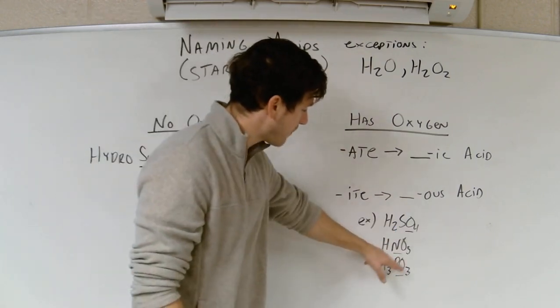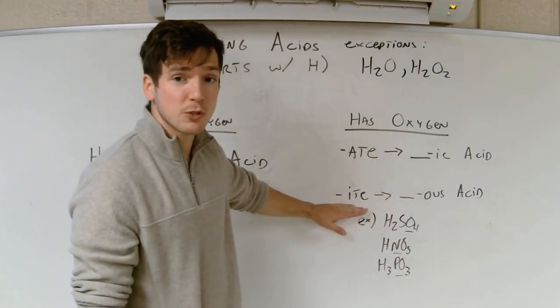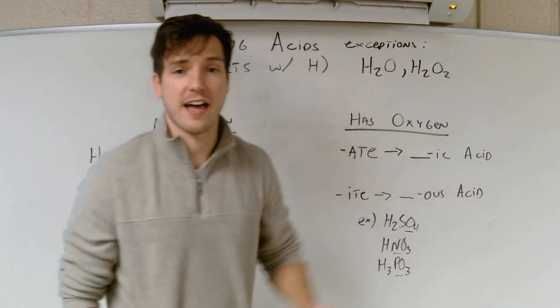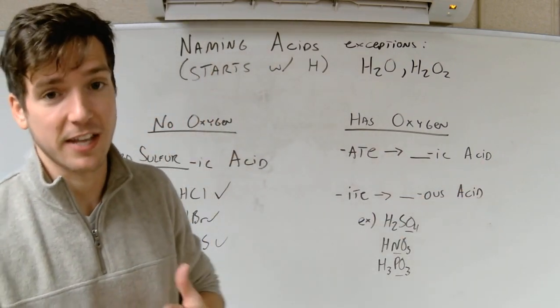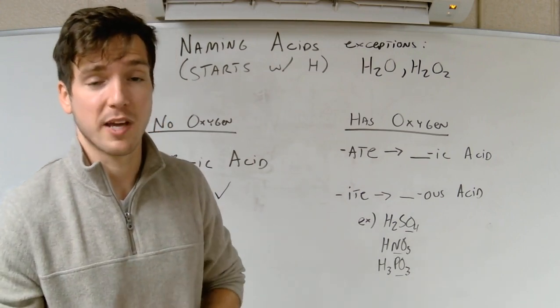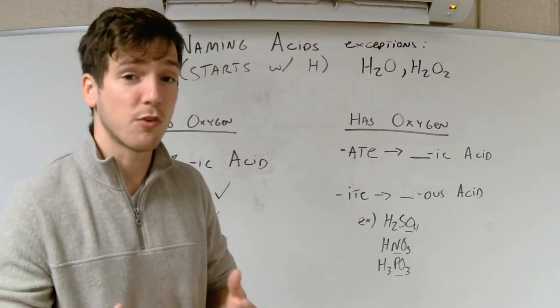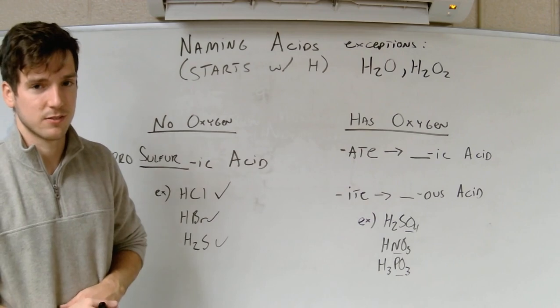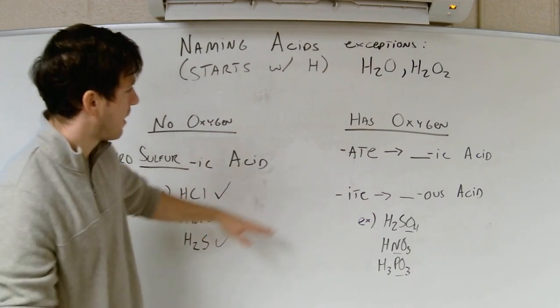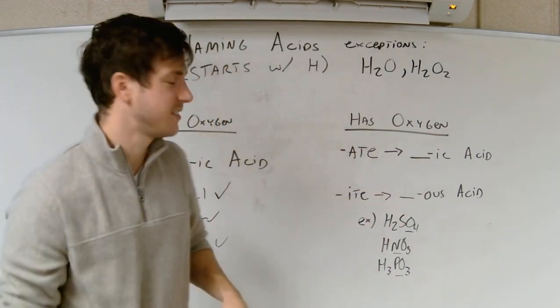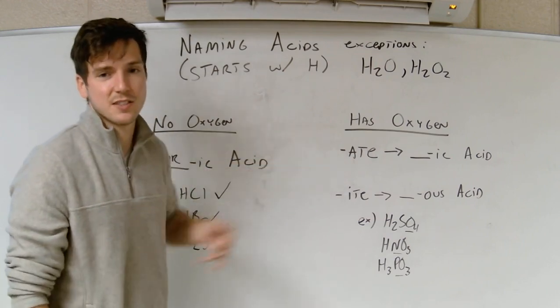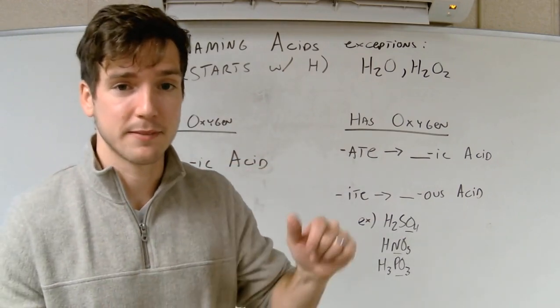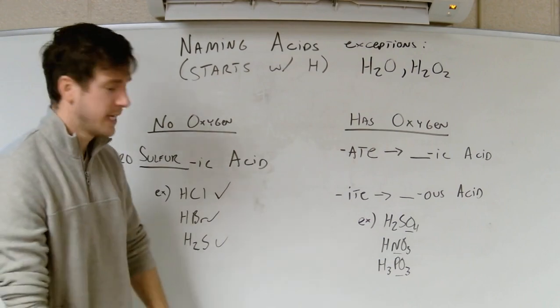If the polyatomic ion ends in ite, we will change it to ous acid. So nitrite will become nitrous acid, phosphite will become phosphorous acid, and sulfite will become sulfurous acid. Okay? Again, no hydro, but we're changing ate to ic, ite to ous. Feel free to put that on your periodic table. Okay? So let's look at these